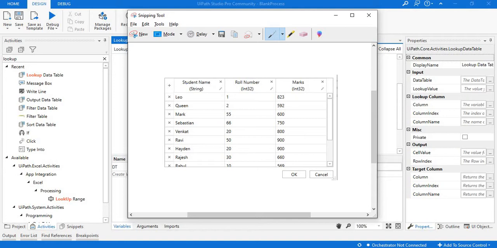while filtering, we are giving the conditions, like if you want to filter with the help of marks, we are keeping or removing with the condition like if marks equals 800 or 600, then the relevant records will get displayed in a new data table and we can see that in the result. In the same way, we can give multiple conditions using and or operators. Suppose I want to know the result of Leo or Queen, if these two conditions are matched, then we will see the records related to Leo and Queen.